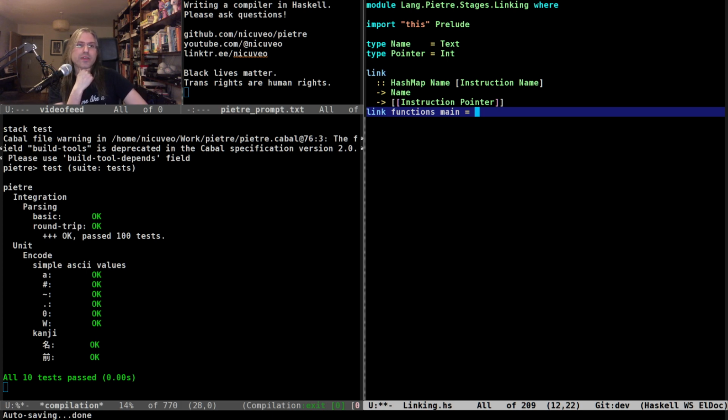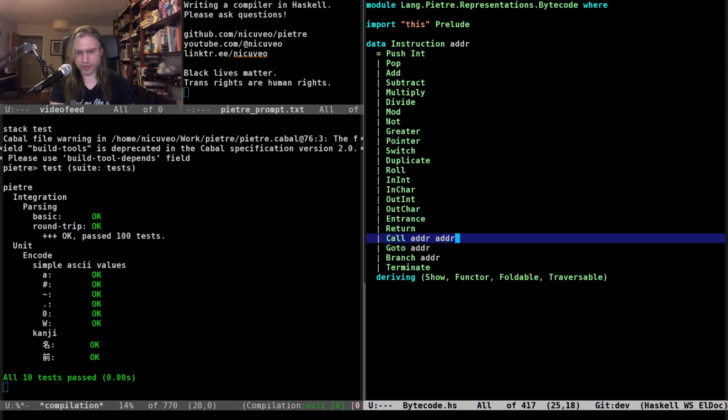I guess if I use a lazy state, I can probably do that and have basically each function do the lookup in the hash map. That's going to be constructed as part of this process, and as long as nothing is evaluated ahead of time, that should be fine.